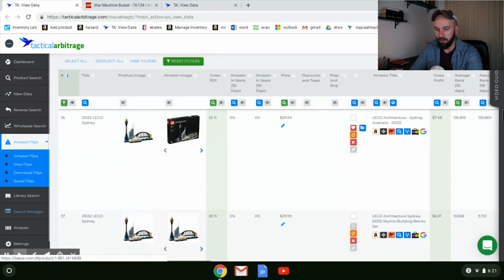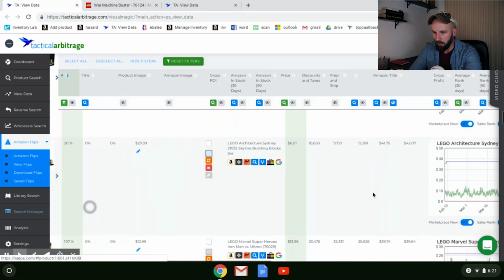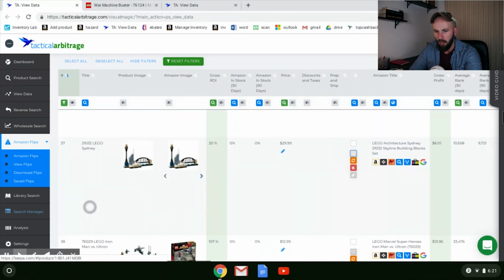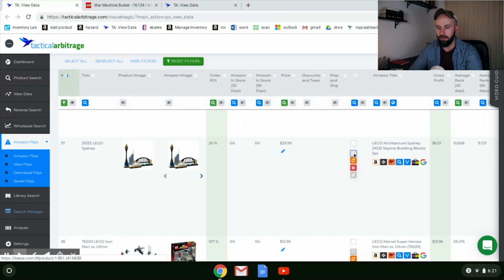So that's a good thing. Okay, this looks like a good, let's see, 20% ROI. You can tell the picture is exactly the same. It's a 20% ROI. You buy it for $29.99, $6 gross. It sells for $42. Probably a fairly smaller set, so that's probably the reason why the fees on it are